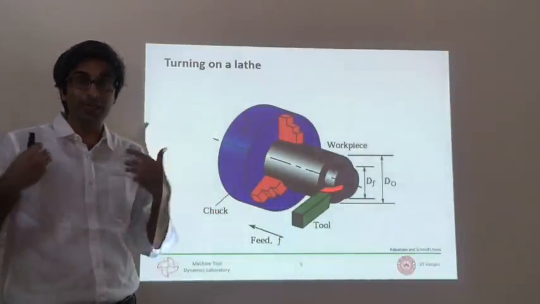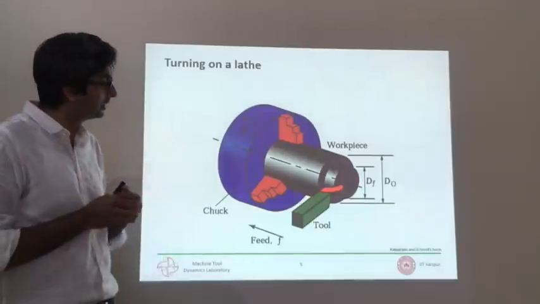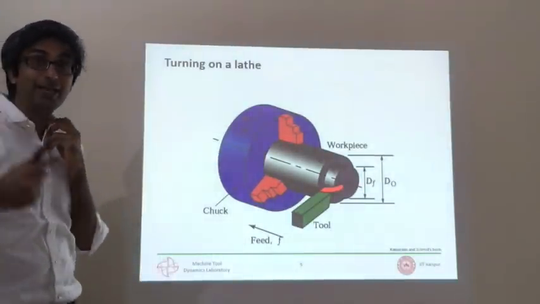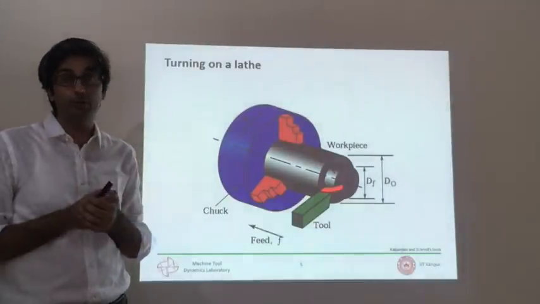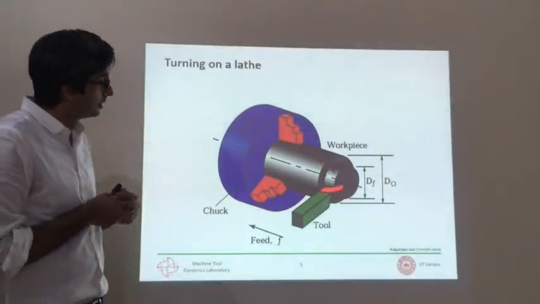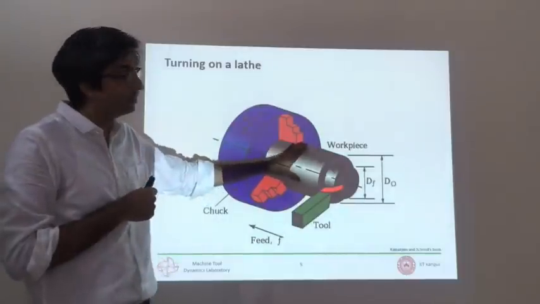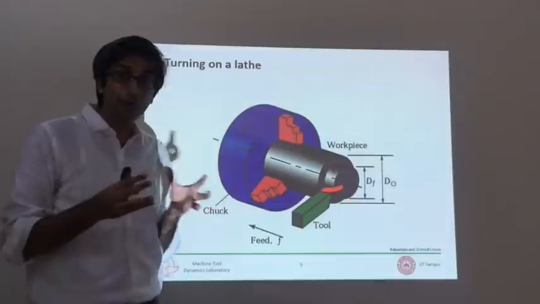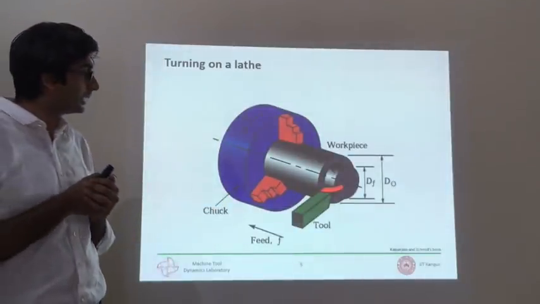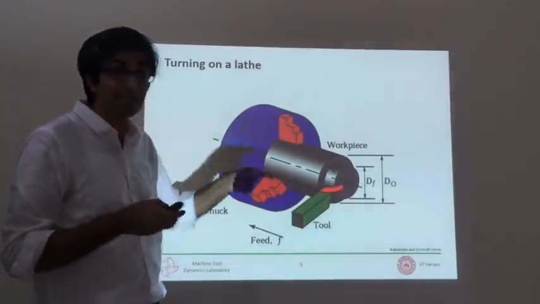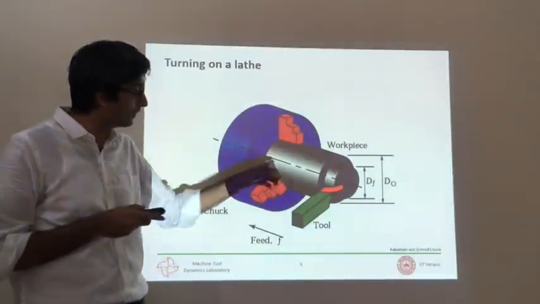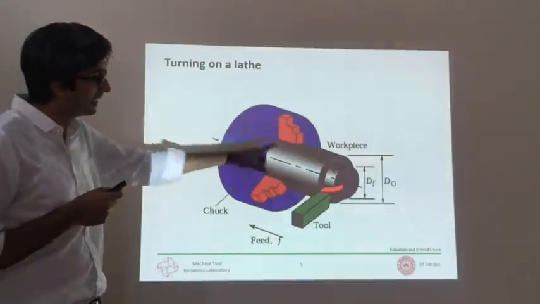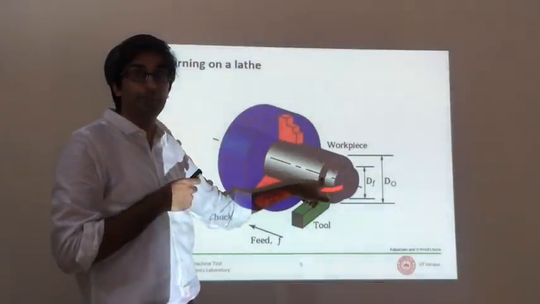You're removing material that requires force, requires energy. So the gripping force for the workpiece has to be substantially higher than any possible working level force. So to grip this really rigidly, you use a 3-jaw chuck, and because most workpieces are round, fortunately, you would like all of these to self-center so that it grips, and the axis of rotation of the chuck is the same as the axis of rotation of the workpiece.